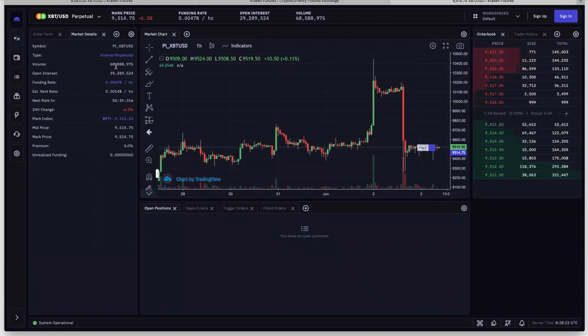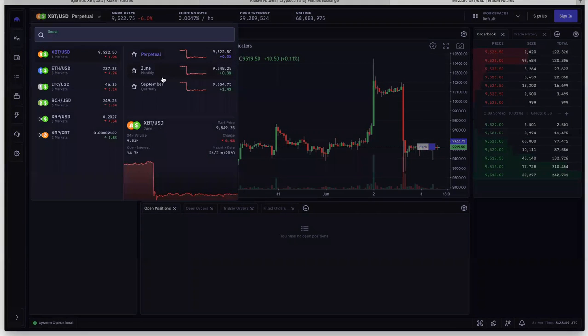So what you'll see is there's a ratio between volume and open interest. And on most exchanges like BitMEX, Kraken Futures, it tends to be in the sort of 2 to 5, maybe 10x range. You'll see some futures exchanges that are quite obviously pumping their volume have a ratio of about 50 to 100x, where their volume is like $4 billion, but their open interest is only $20 million. So they're doing something funny with that relationship.